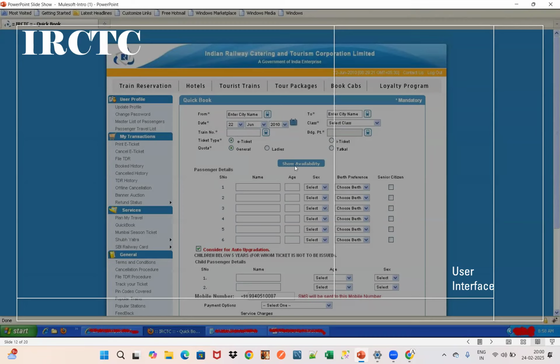So the moment the end user clicks on show availability, what does that mean? It means the user is asking for some information related to the train details. The moment he sends the request,